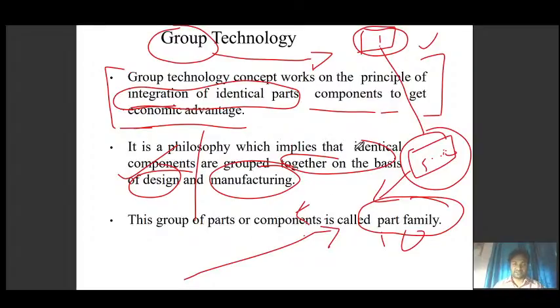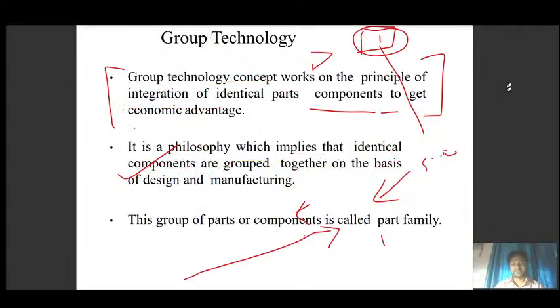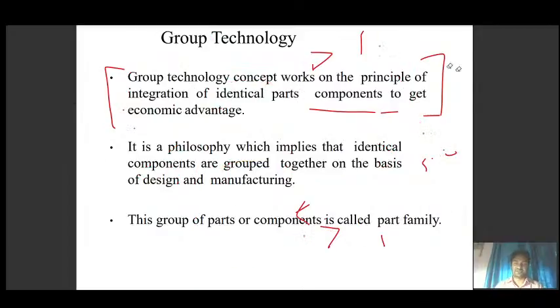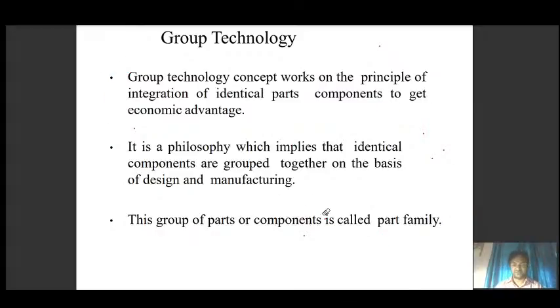So it is a philosophy, obviously. All in all, it is a technique or philosophy that we group the parts on the basis of their design or manufacturing. A firm is engaged in producing numbers of parts.